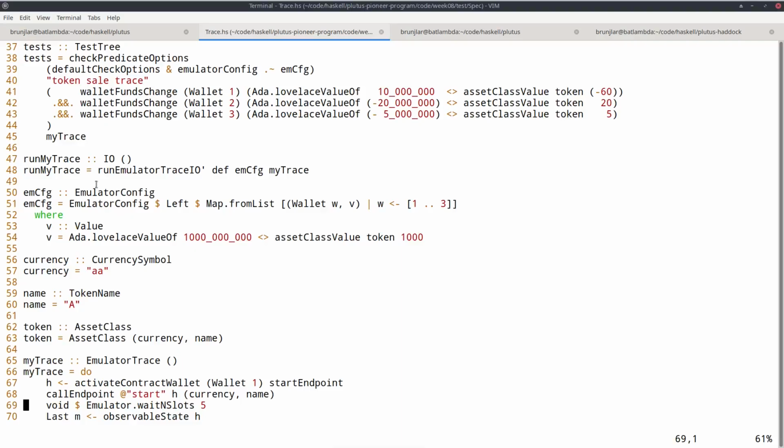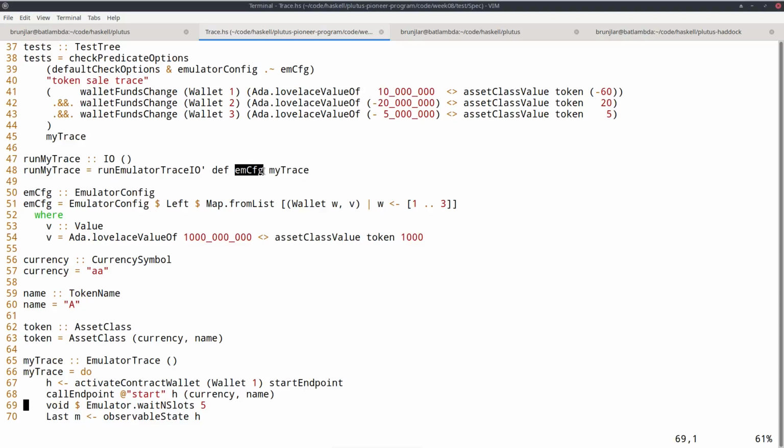So if we go back to the module where I defined my trace, you see there's one additional function in here that I haven't shown you before, and it's called tests, and it's of type test tree, and it uses exactly this check predicate options. And for the options, I want to use the same emulator configuration that I used before, that we also used for the manual trace at this point.